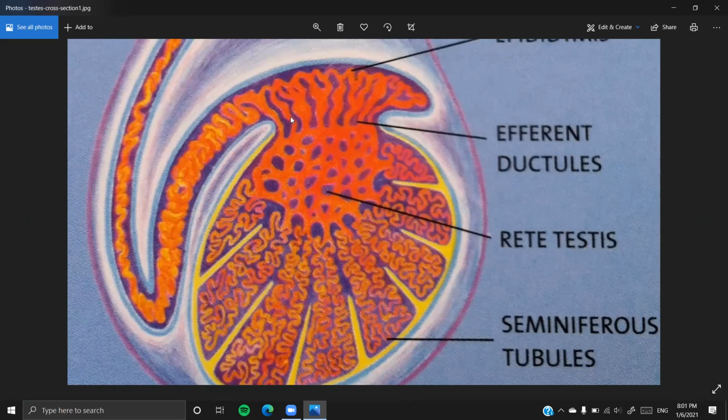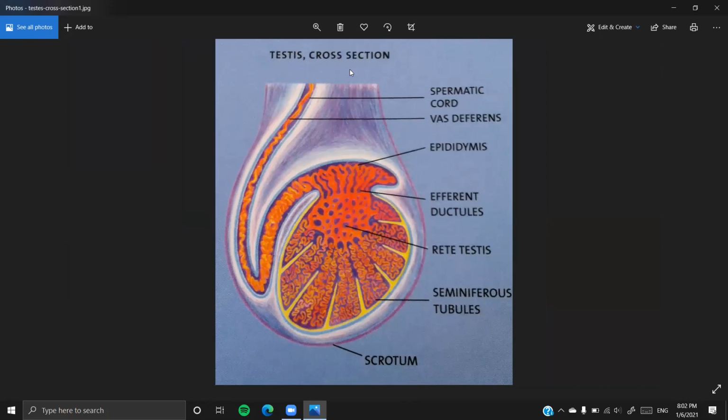Okay, these are the vasa efferentia actually. The efferent ductules are the vasa efferentia, children. I want you to remember that. So the straight tubules from the seminiferous tubules form the rete testis, and the rete testis gives rise to the tubules, which form the efferent ductules called vasa efferentia, which join together to form this structure called